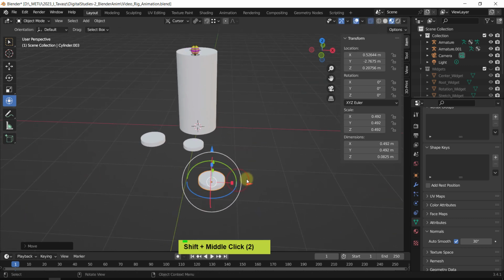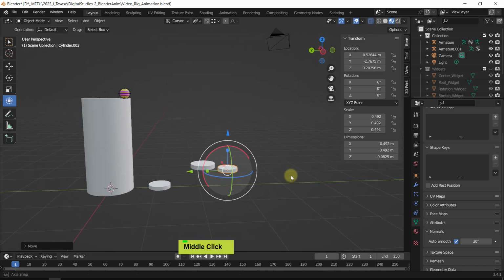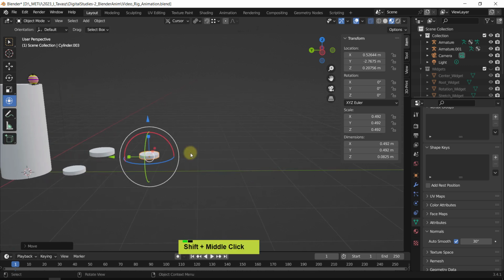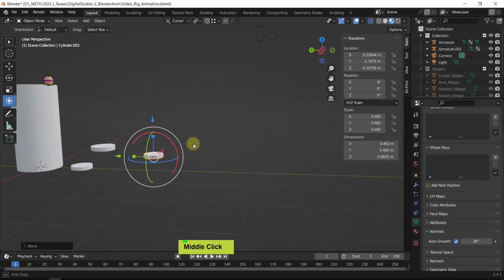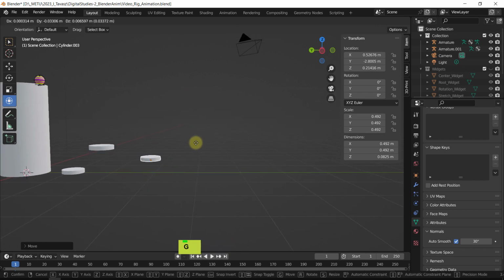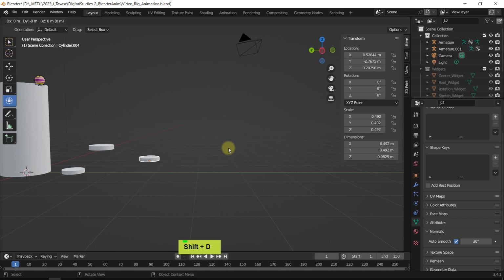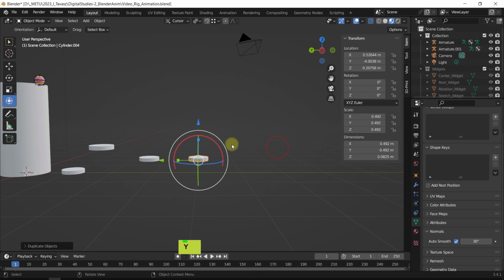Just make it happen, and there will be a last point, last platform. Okay, so that's what I will do, and that will be a little bit higher. So G, and moving on the z-axis, undo, Shift D, G, moving on the z-axis, up, yep,